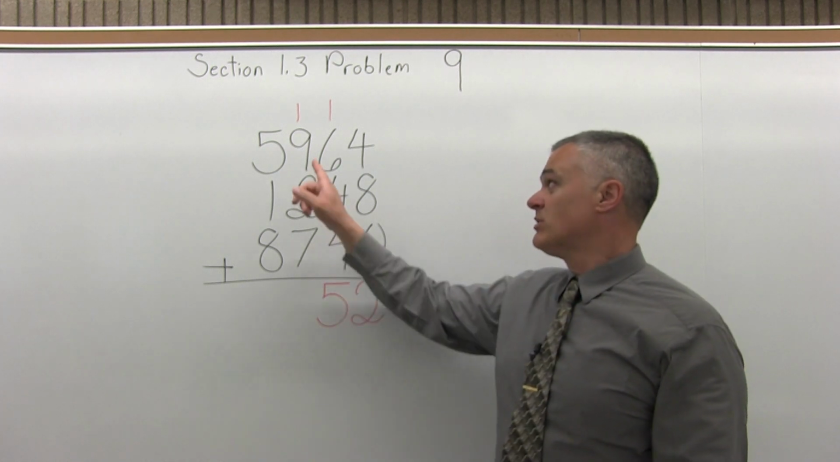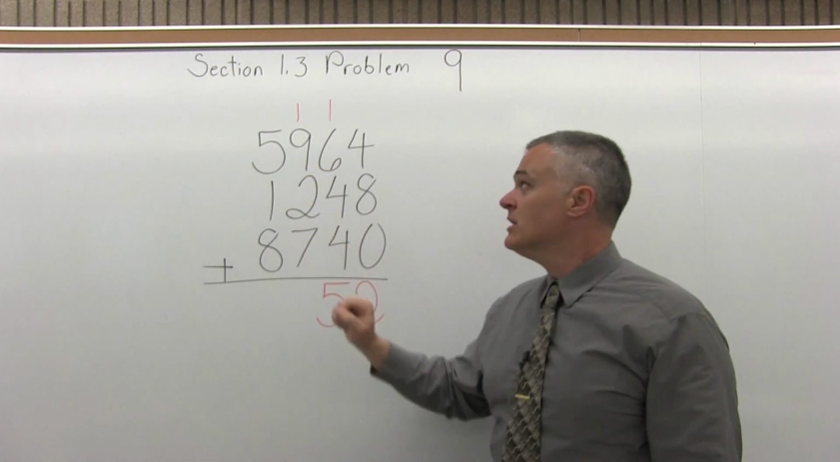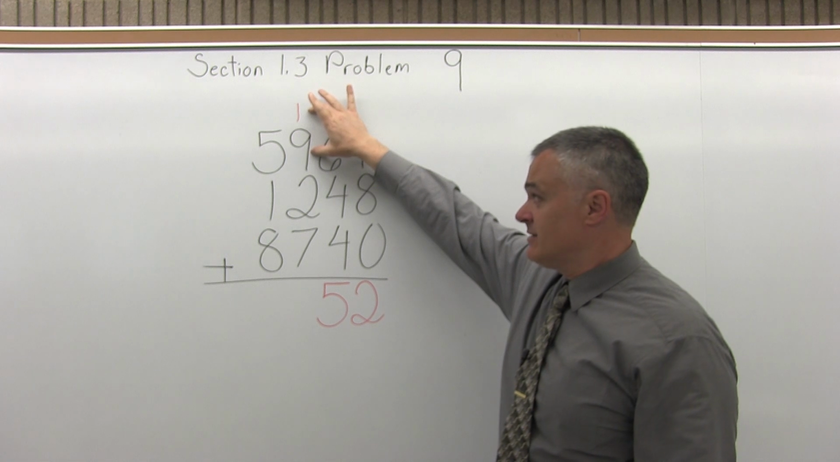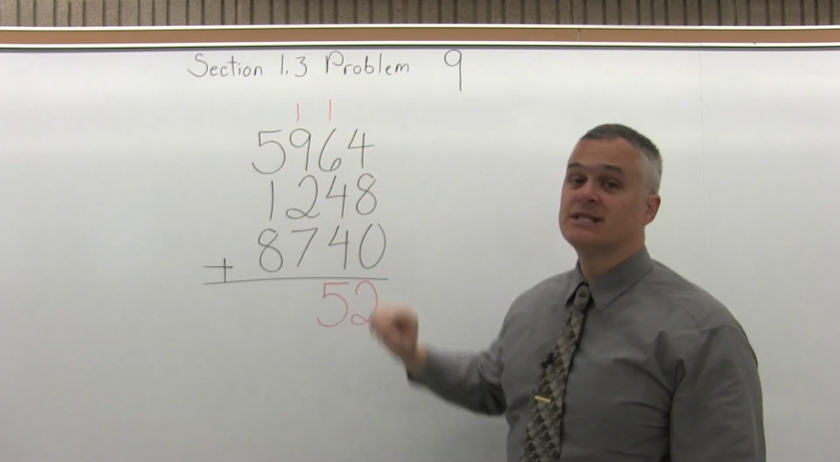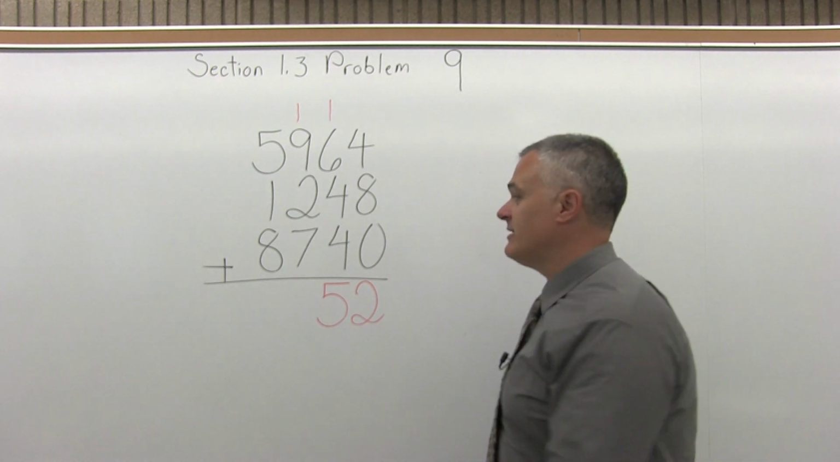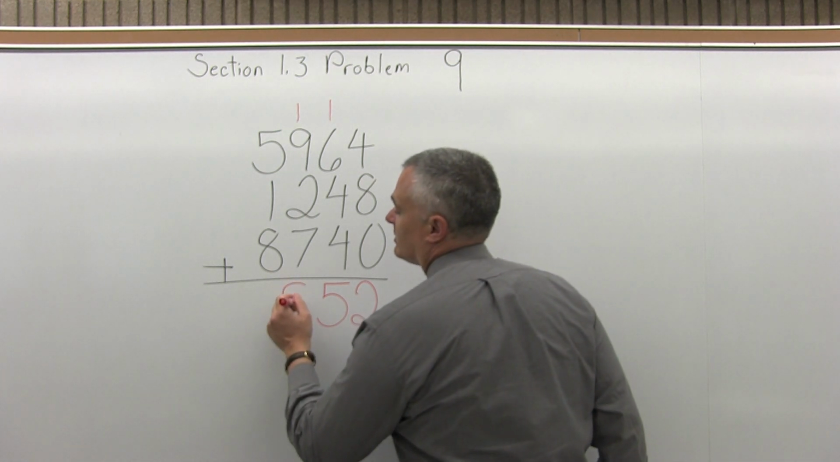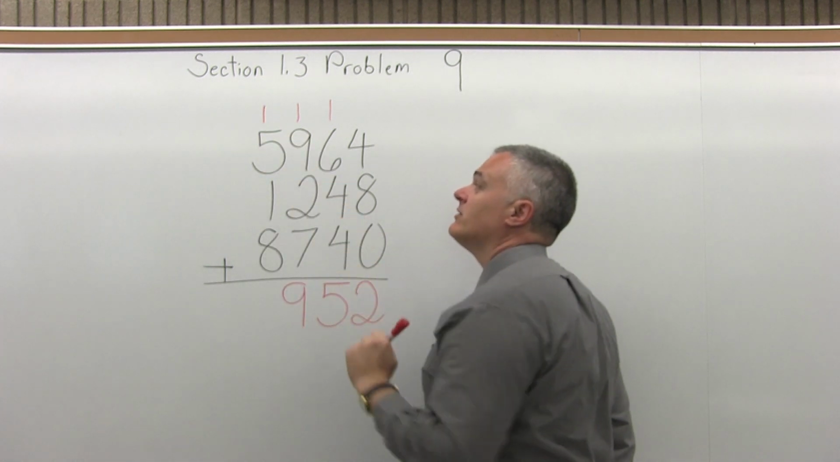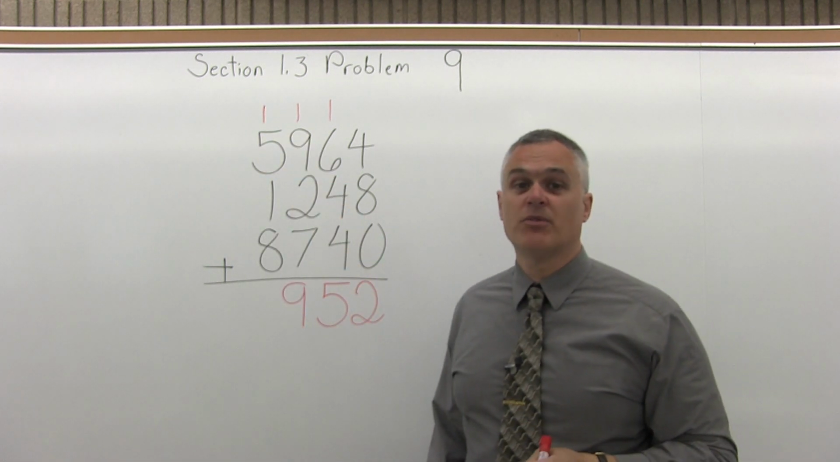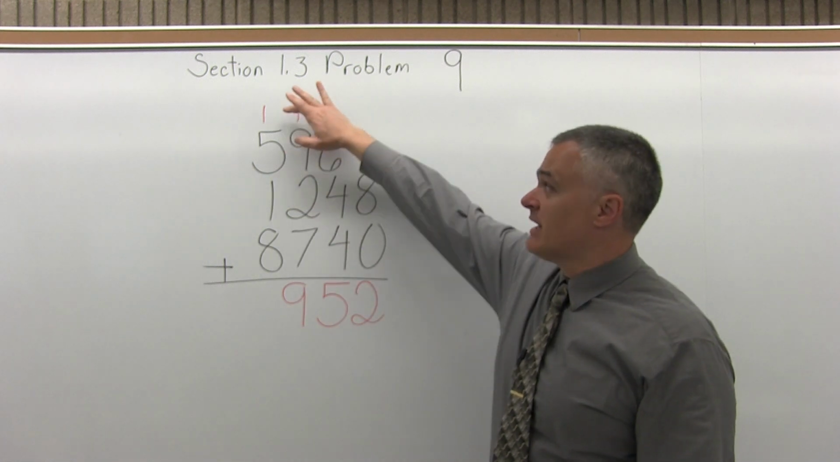And then I will add 1 plus 9 plus 2 plus 7. So 1 plus 9 is 10. 10 plus 2 is 12. 12 plus 7 is 19. So for 19, I take the 9 from the 19, write it beneath that column of digits, take the 1 from the 19, carry it to the top of the next column of digits, and then I will add 1